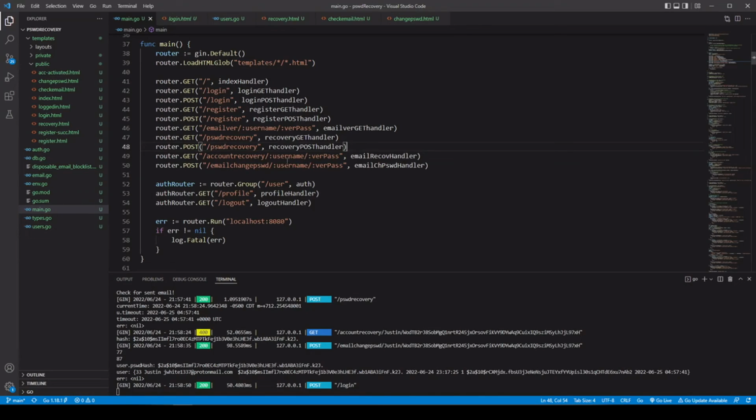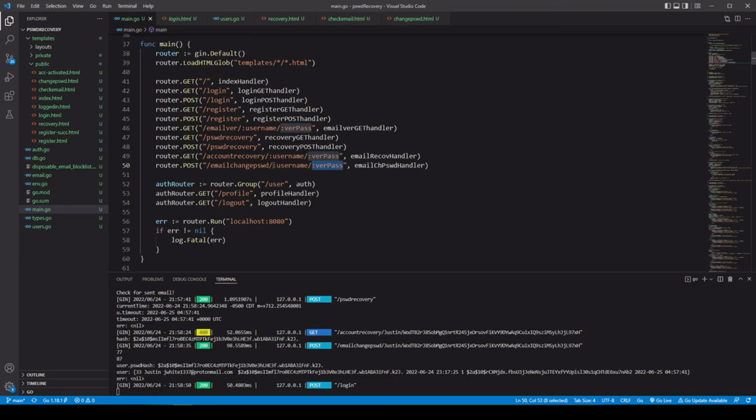When they click the link inside the email at this path, well, it's going to have that built-in username and verification password that we put in there. We're going to retrieve that with the param method, and then we're going to check to make sure that with that username, yes, the verification hash that this user has in the database matches this verification password that we got in the link. If that's all good, we're going to send them to the changepassword.html page. We're going to enter a new password. If the new password looks like it's okay, again, we're going to check,